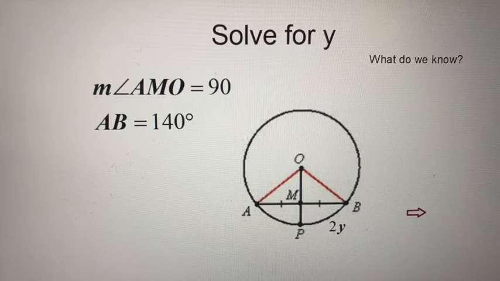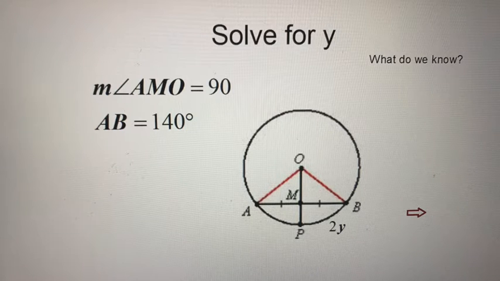Let's look at this problem. I have a circle and I know that the measure of angle AMO is 90 degrees. I also know that arc AB is 140 degrees. And as I look at the drawing, and I'm drawing it into my notes, I see that because AMO is